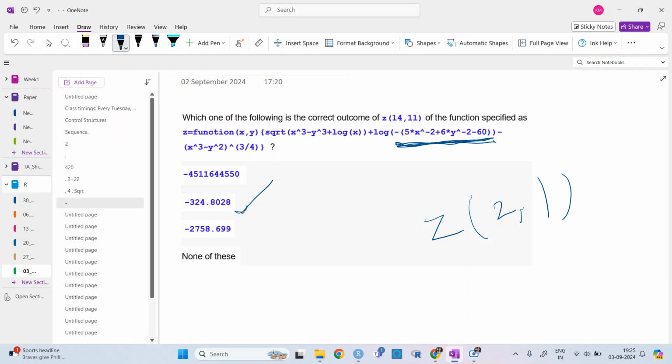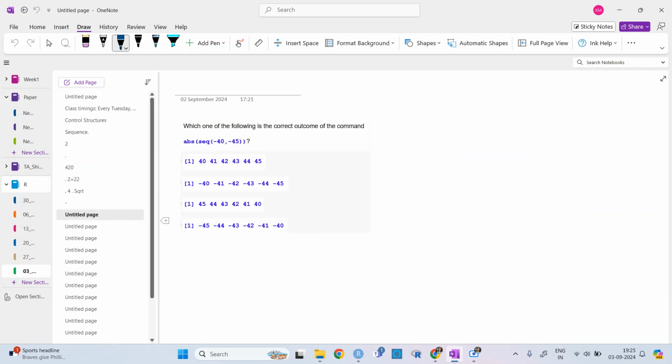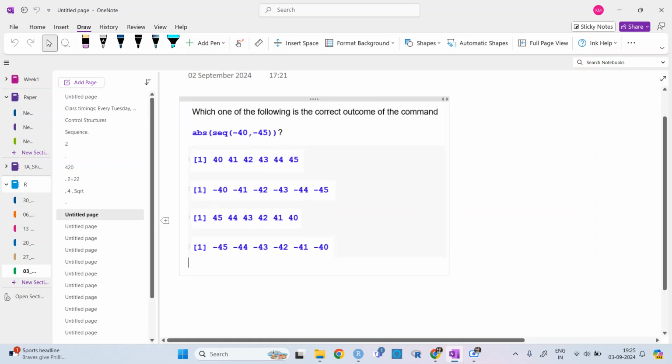Okay. If it is understood already, I'm not going to write it in R. Okay, next one is this.